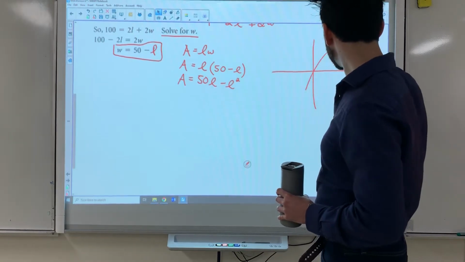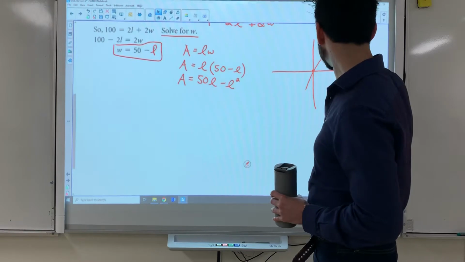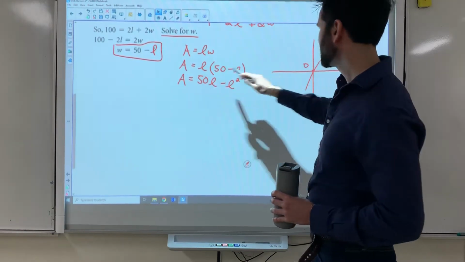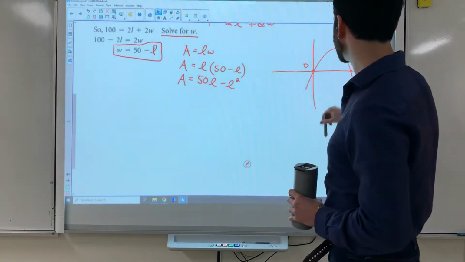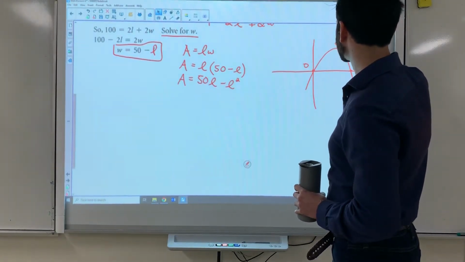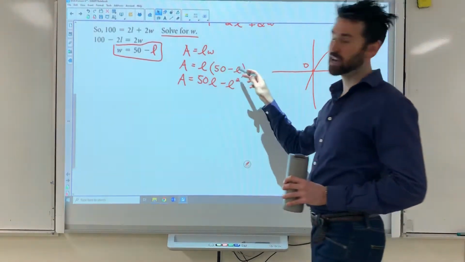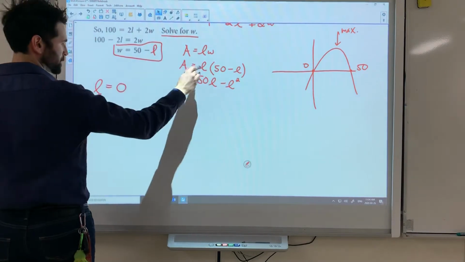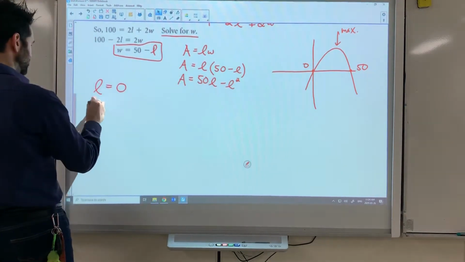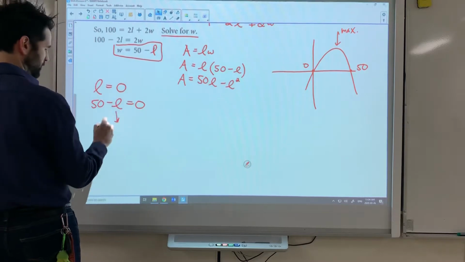So it's going to look something like this. And actually, I can tell from here, my x-intercepts are going to be 0 and 50. Right? I get 0 from this one, and when I go 50 minus L equals 0, I get 50. So somewhere over here, I have a maximum, and I need to find it. I would say in this case, because you have the intercepts, right? So I'll do that work over here. There's the first intercept, setting that equal to 0. The other intercept comes from setting that equal to 0, which just gives me, move that over there,